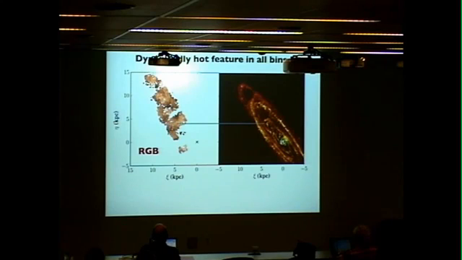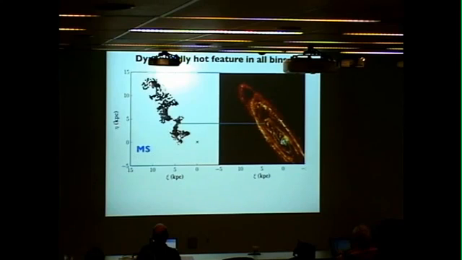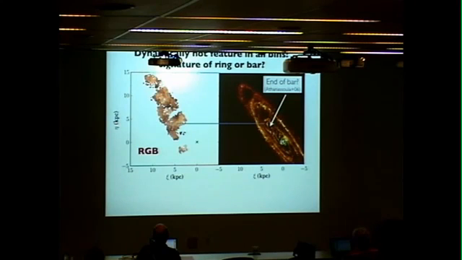I'm going to flip through the stars again, this time going younger. So if we go 1 younger, that patch is still there, even though the overall dispersion has decreased. Go down 1 more, it's still there. And even in the main sequence stars, it's a little bit less obvious, but there are still some dynamically hotter regions in there. So I'm not going to tell you exactly what's happening here because I don't know, but